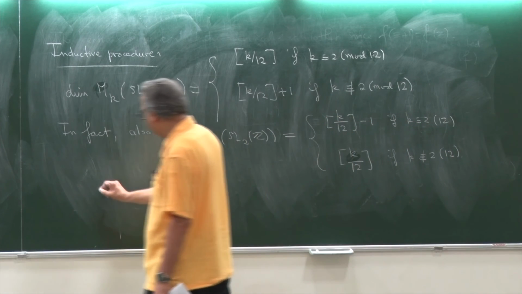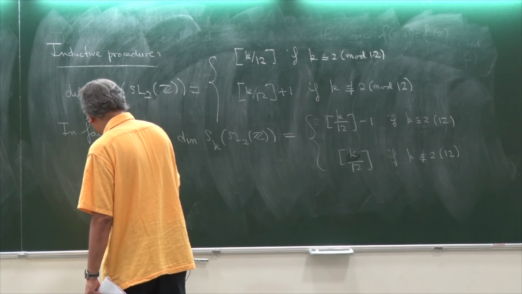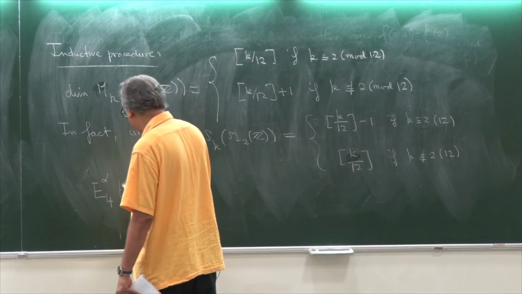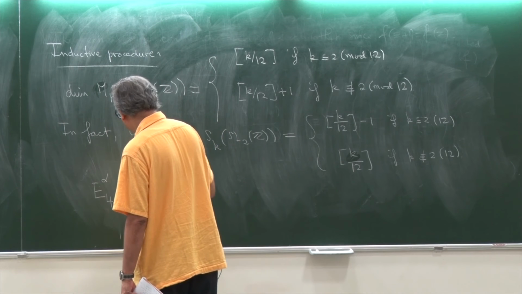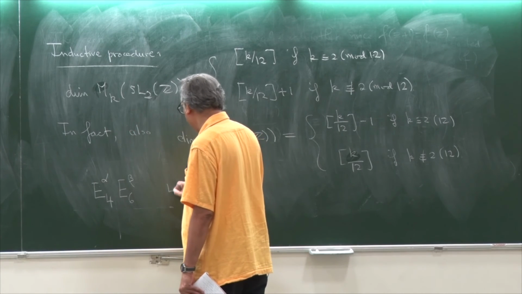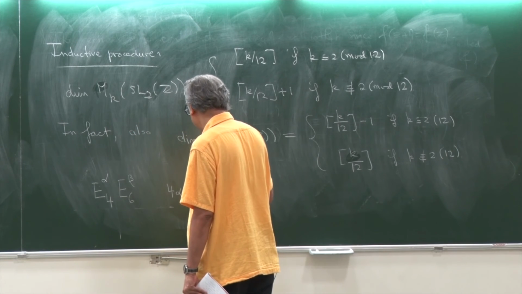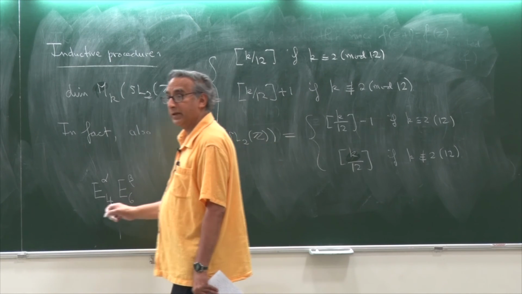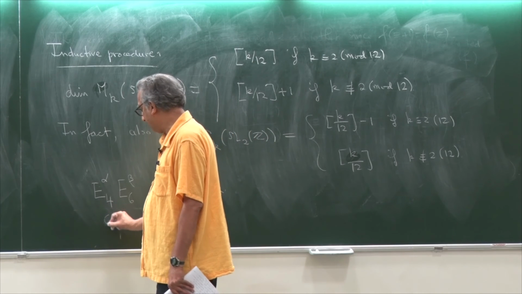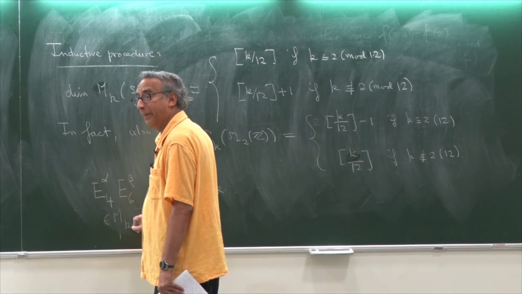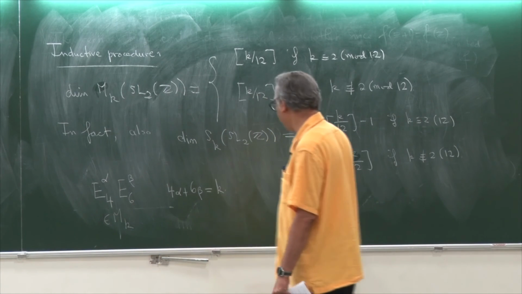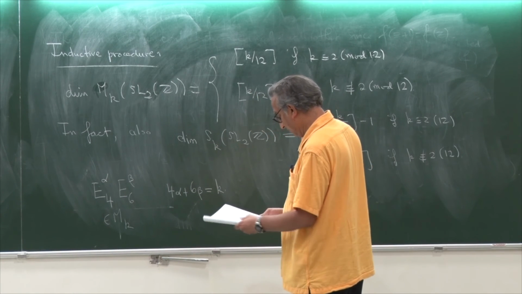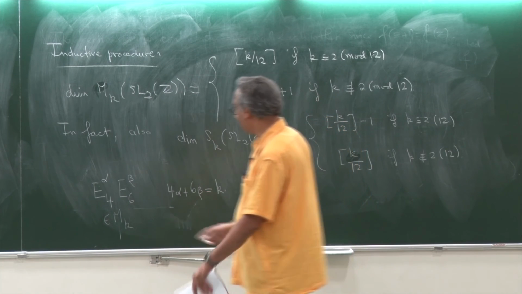And if you look at E4 raised to the alpha, that's weight 4 alpha. And if you look at E6 raised to the power beta, that's 6 beta. So if you look at these monomials such that 4 alpha plus 6 beta is equal to k, all of these modular forms are in the space of modular forms of weight k, as alpha and beta run over all the possible non-negative solutions of this. And it turns out that, in fact, this is a basis